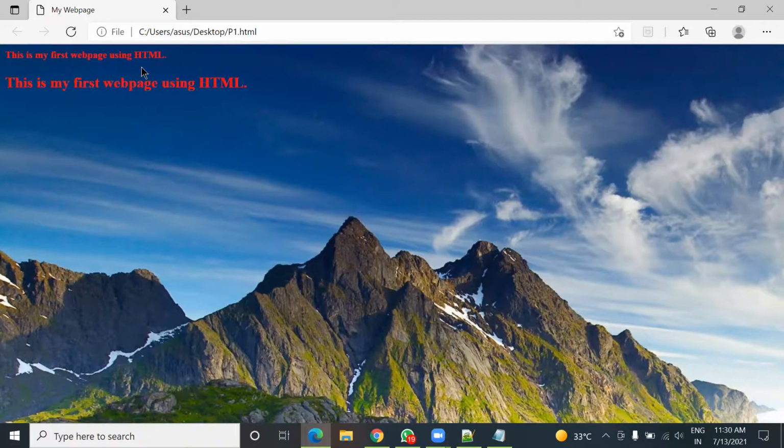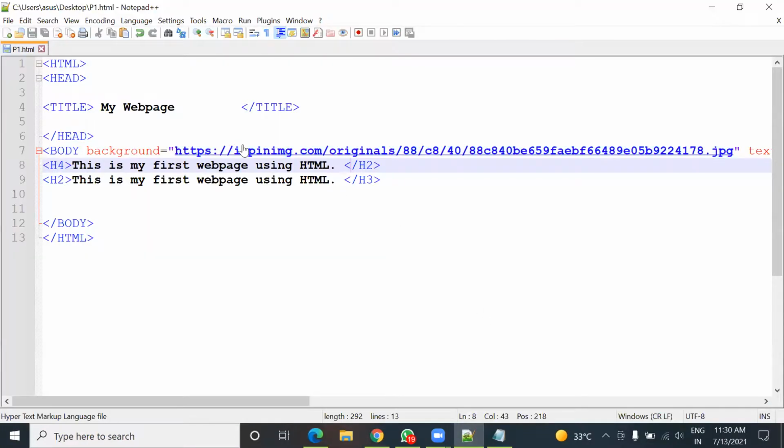So HTML is actually an interpreted language. Interpreted means the interpreter in the web browser reads the instructions, and whatever instruction it gets first, it will execute.